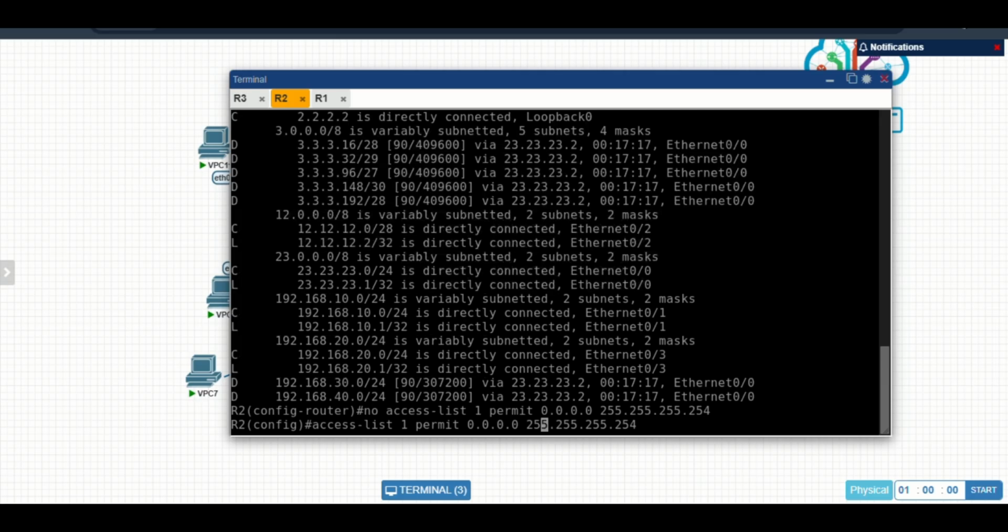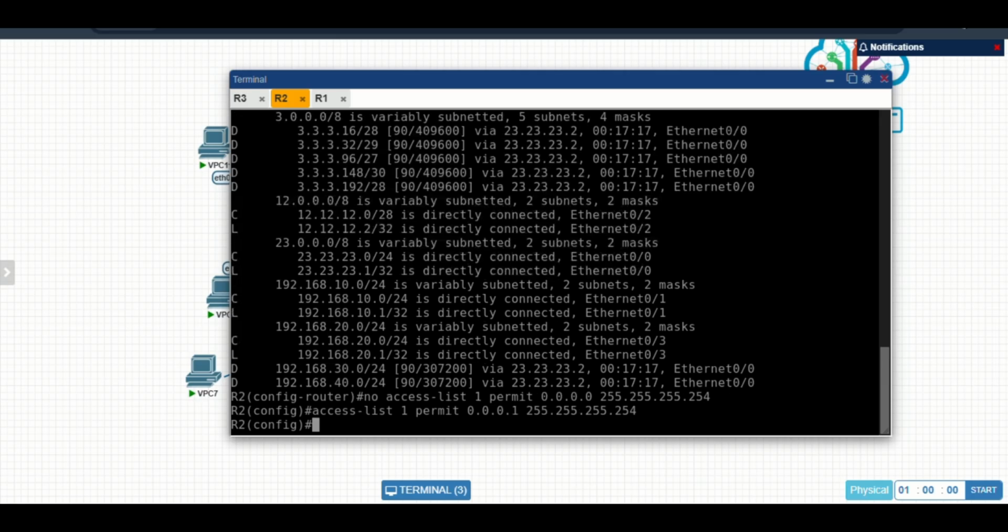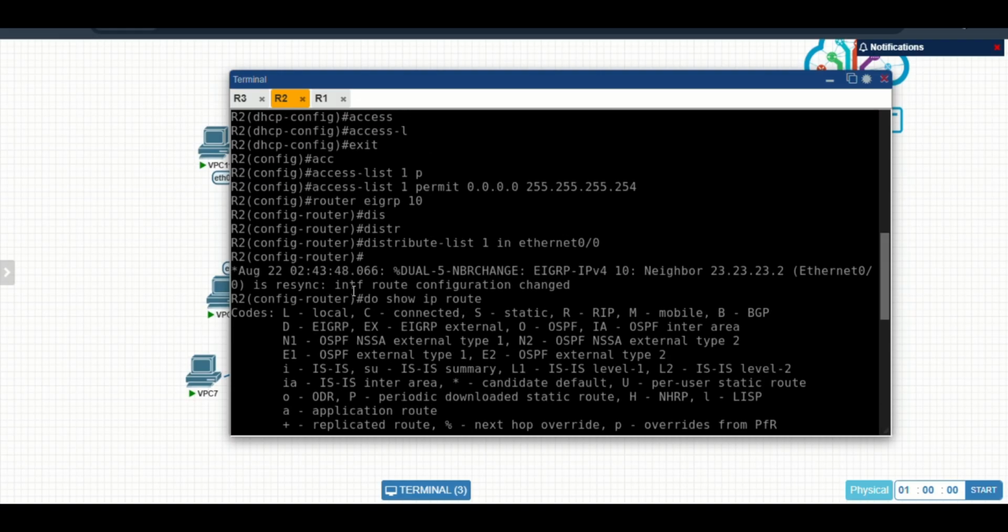And then we just change the number in the network here to become 1. Wait a minute until the notification appears. Okay, still waiting.